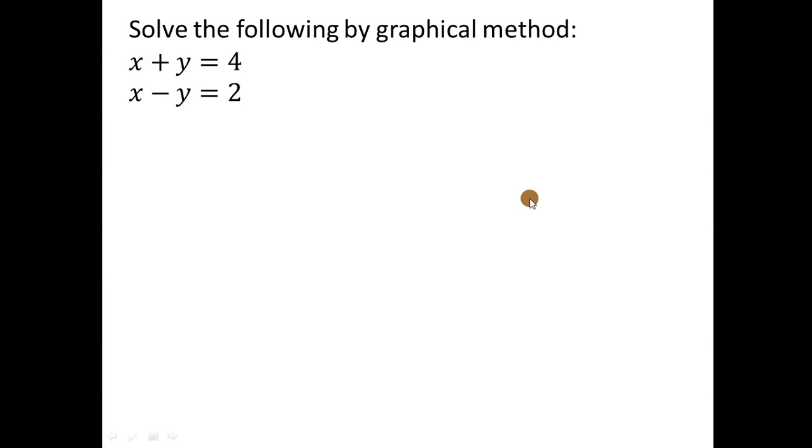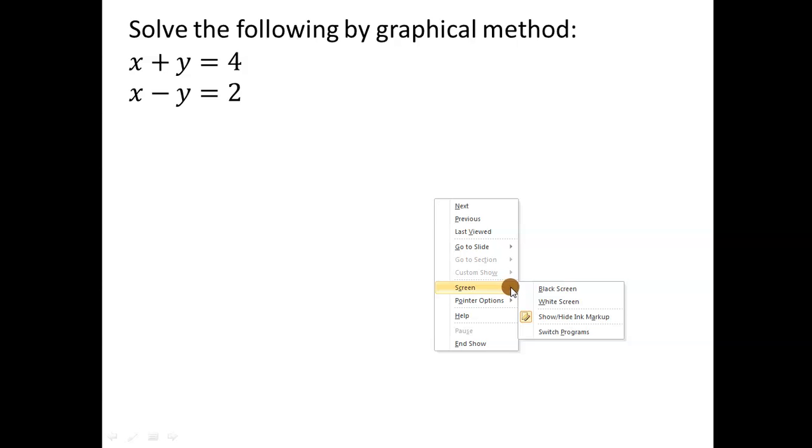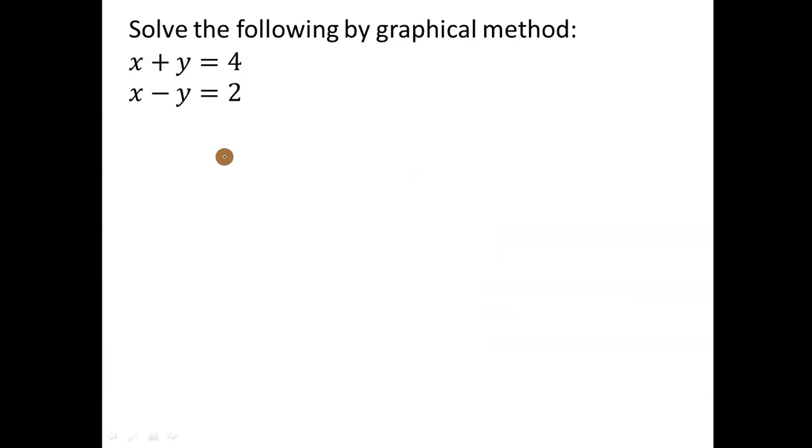Solve the following by graphical method. So again, by the use of intercept method, we can find the coordinates of the 2 points. Okay. So for this first equation, this is the second equation. By intercept method,